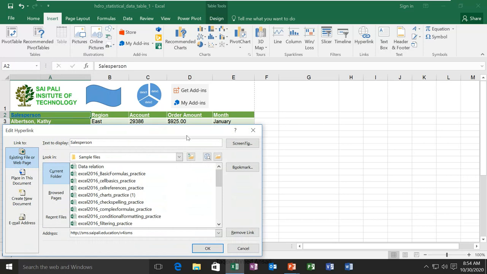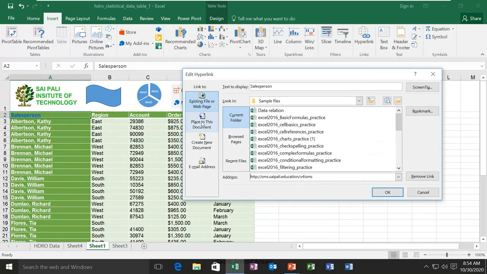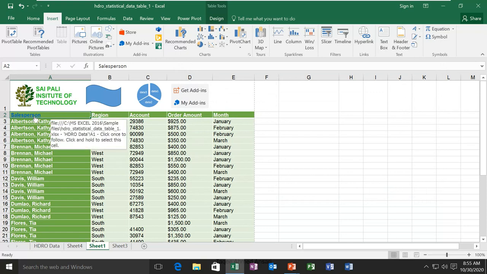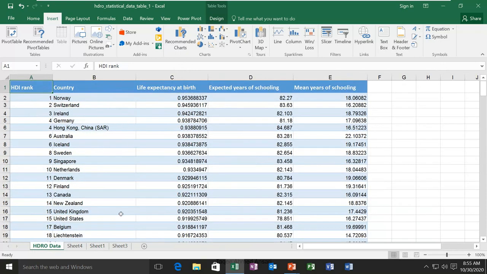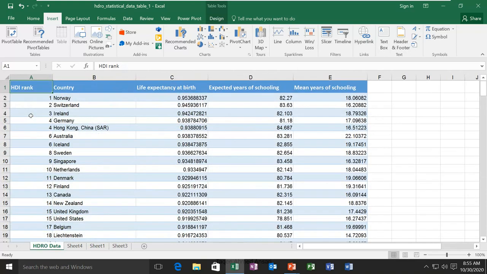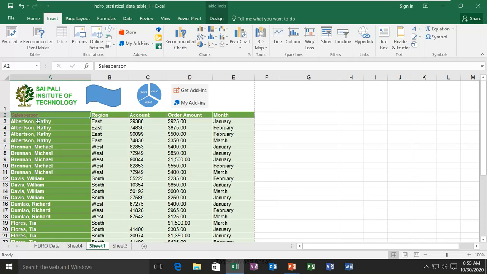If you edit the link, you can add some other things, like you can add some other file location. Like if you click on it, it will open other file. You can add some place in the document also. Like I say I want to go to this sheet. Now if I click on this, it will take me to that sheet. So the link is of that sheet in the same document. If you want to remove the link, right click, remove the hyperlink. Now it is removed. No link is there.